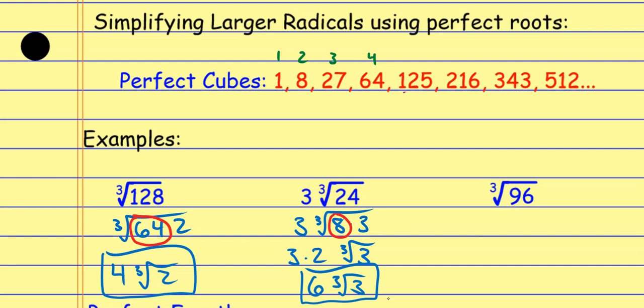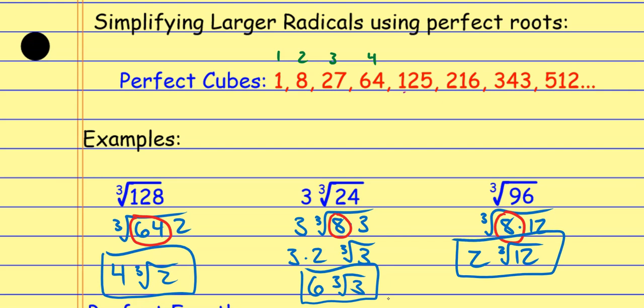This guy, same kind of thing. I start looking through that list. And in this particular example, I think the biggest one is still an 8. I don't think we can go any further than that. And again, that might take a little bit of guess and check on your part. That's 8 times 12. And so now the cube root of 8, we already discussed this one earlier. The cube root of 8 is 2. The cube root of 12, I can't simplify any further, so it just stays as the cube root of 12,